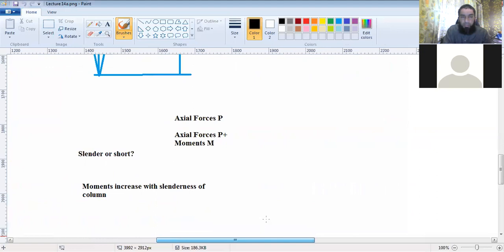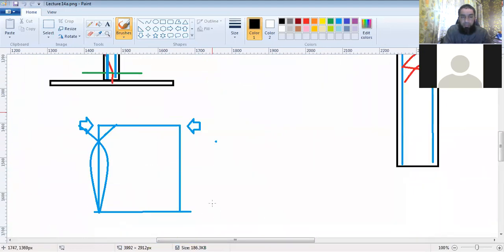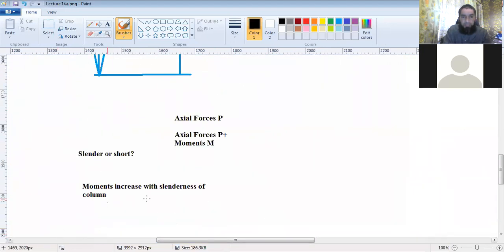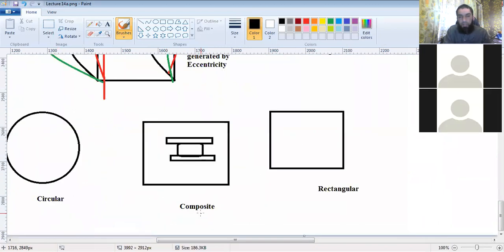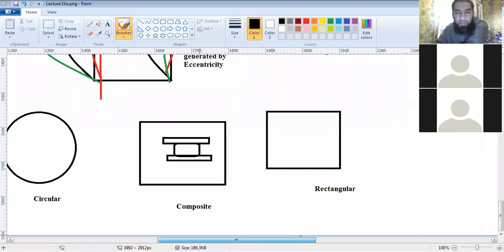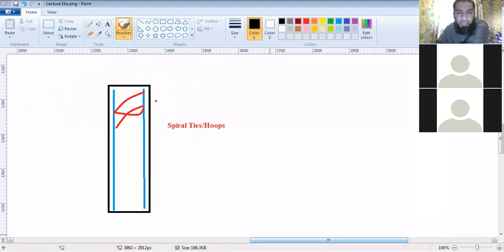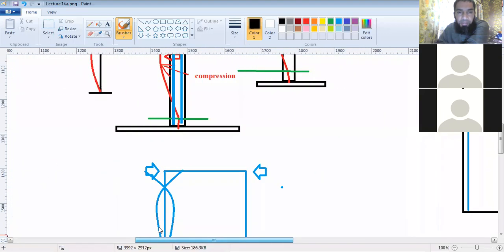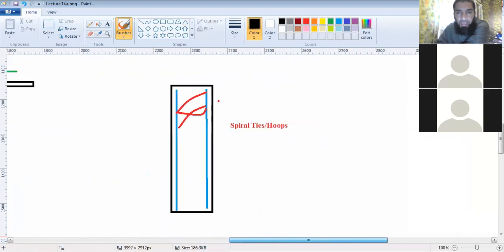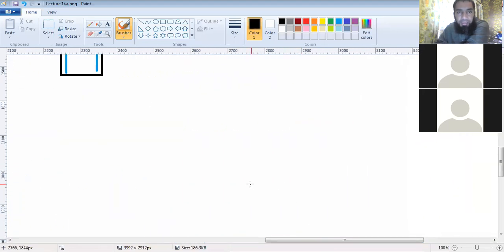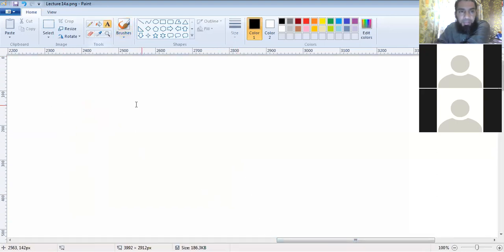In the last class, we were discussing the behavior of the columns and the different types of loads, and what the different types of columns are as per the shape and then as per the composition. We also discussed the helical or spiral reinforcement and the other one, which is the longitudinal reinforcement. Now in this lecture we are going to discuss the steps of design